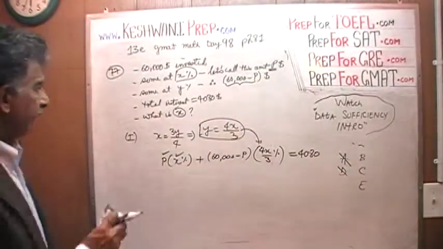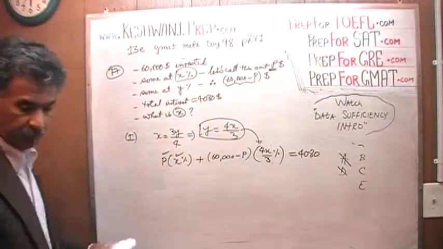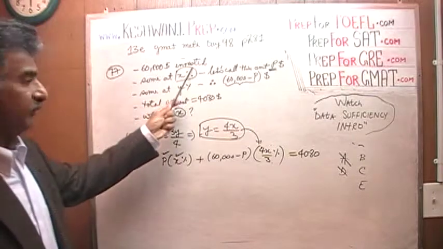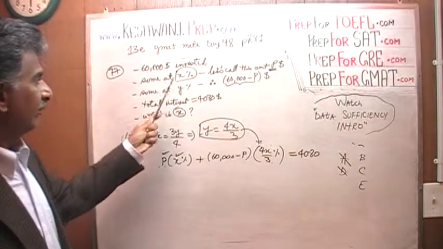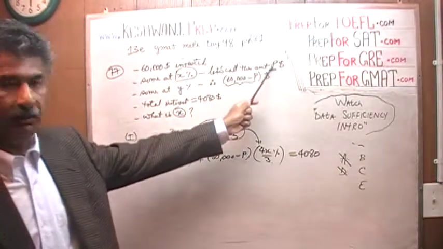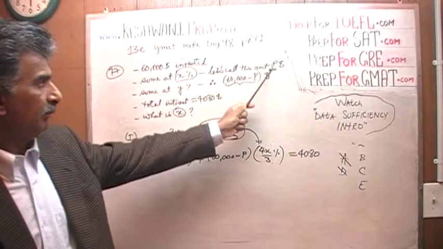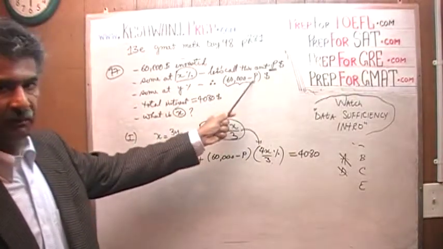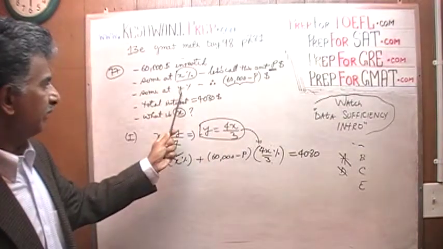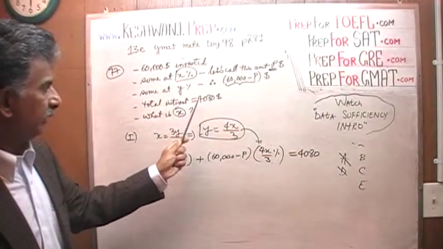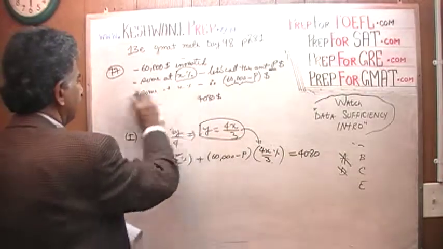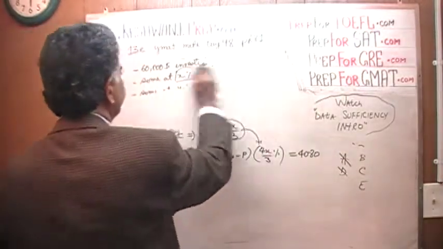I'm going to erase the top part so we can put the second statement up there. Again, one more time, this is what we are working with. We have $60,000 that we have invested. We are told that we invested a sum at X%, which we are calling P. P for principal. P dollars is invested at X%. Therefore, 60,000 minus P, the remainder amount, is invested at Y%. The total amount of interest that we earned was $4,080. The question is, what's the value of X? In the second statement, they tell us